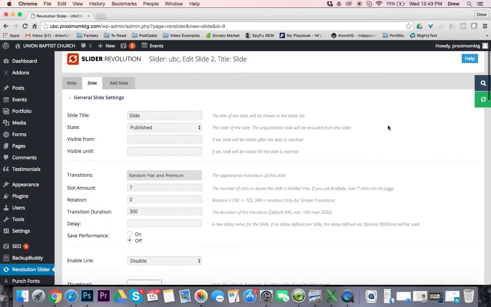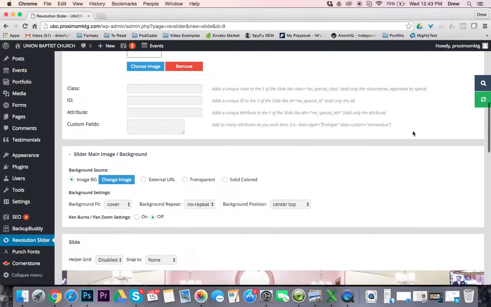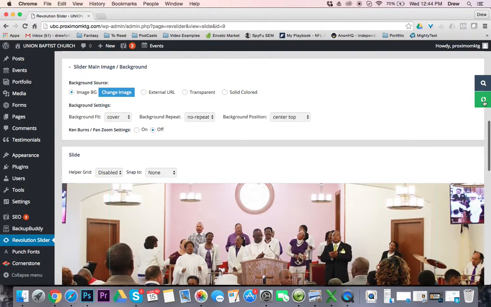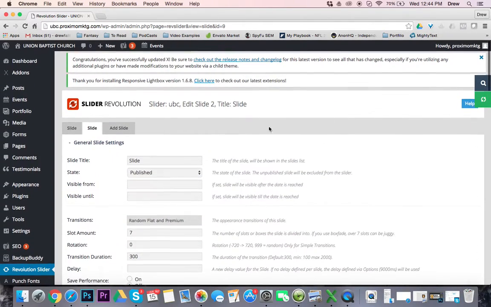And then to add a new one, you'll also see this little green button here, which is basically a quick save. So once you've made that edit, you can press this and that will save it. However, I didn't change anything on this, so there's nothing to save. If you want to do the same thing and add another image to the slider, you would come back to this little top portion here, hit add slide,